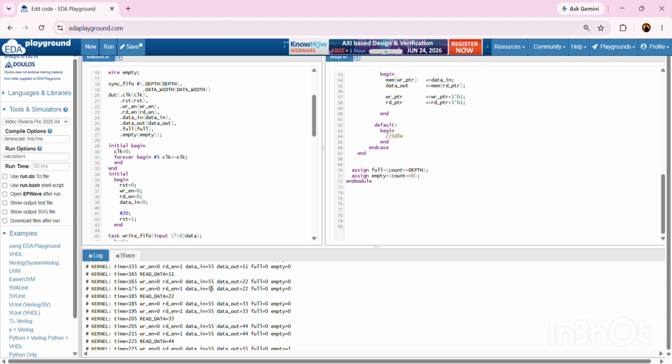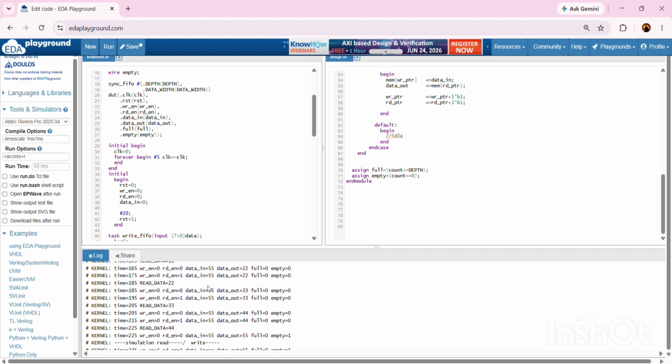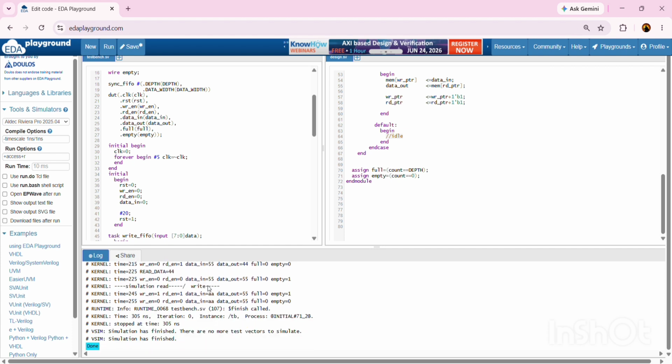Similarly, data values 22, 33, 44, 55 are written at times 45, 65, 85 and 105 respectively. After each write, the FIFO increases the